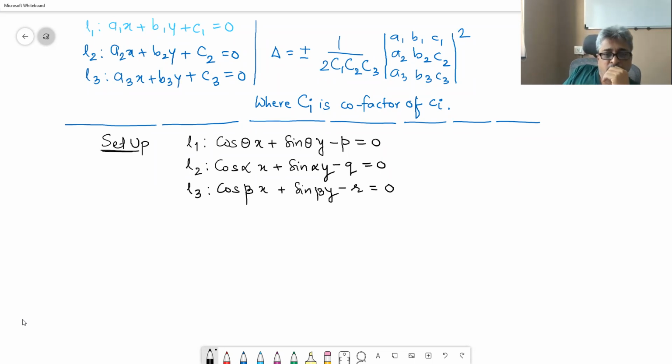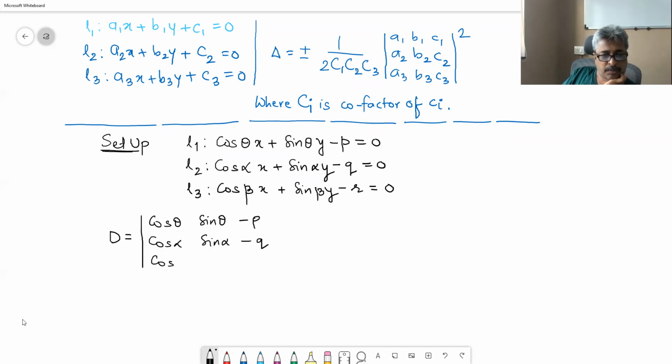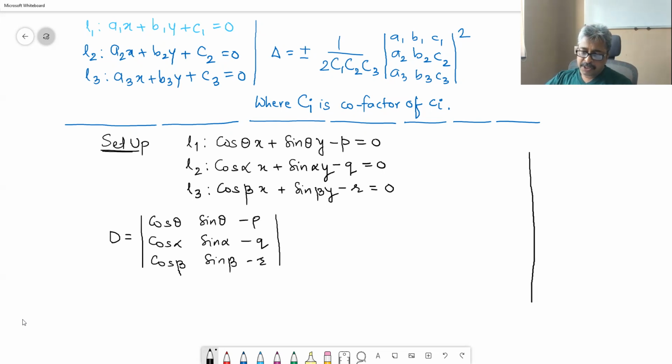Right? So in this case, our determinant D is going to be equal to cos theta, sin theta, minus p; cos alpha, sin alpha, minus q; cos beta, sin beta, minus r. Correct? And then maybe we can have a very simplistic visualization of what we are doing,